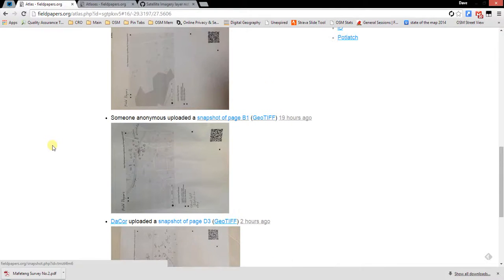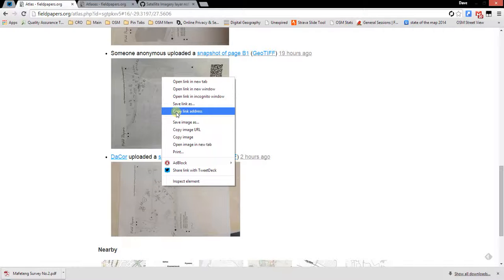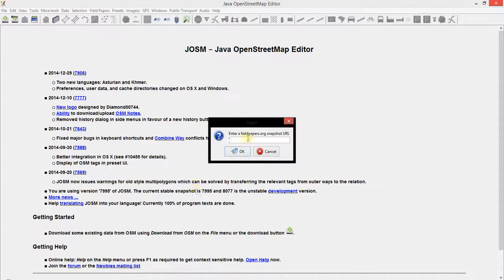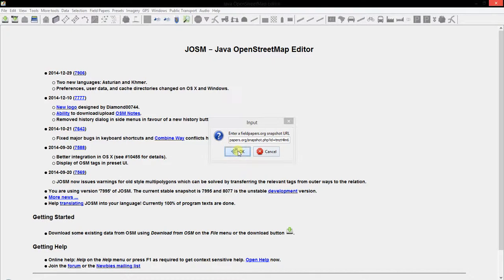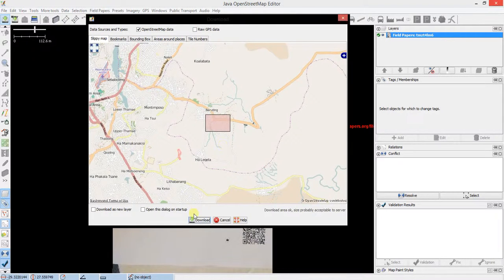is you come back to where you've uploaded your page. So for example this one here, I'm just going to right click and select copy link address. So I've saved that into my clipboard. I go back to JOSM, and in here I'll just hold down Control and press V, and it will paste the link in there, and then I simply click OK. And after a few moments you'll see the page loading up inside JOSM, and the next thing you can do is just download the area that covers,